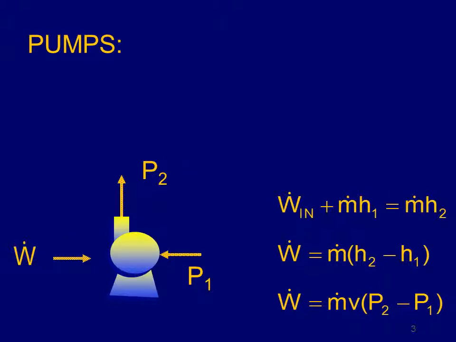For a pump, the energy balance, assuming there's no heat loss, and pumps are fairly small, there could be some heat loss, but here let's neglect it. And so the work in, you follow your arrows when you're doing an energy balance. You draw the arrows, you think you're putting work in, there's a motor hooked up to the pump, so work's going in, and the mass is going in and mass is going out at state 2. In at state 1, out at state 2, so the work is equal to the mass flow times the change